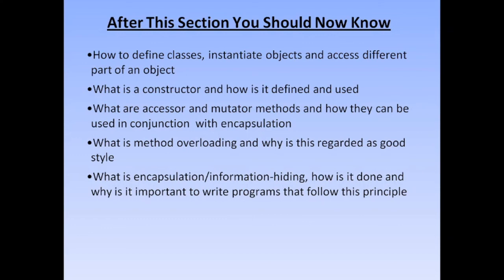Then what is encapsulation and information hiding? Encapsulation means grouping together the attributes and the methods, that is the state and the behavior. Regarding information hiding or abstraction, we only provide permission to the user who is authenticated for it. That is done with the help of the private, public, and protected scopes. Then how are abstraction and encapsulation done? It is done with the help of these three keywords, and it is important to write programs that follow this principle.